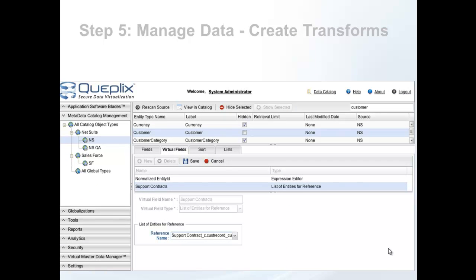Step number 5 is you create the transforms. Okay, in one system it's New York, N-E-W-Y-O-R-K. In another it's N.Y. How am I going to convert that easily and rapidly? And we do this through the power of virtual fields. They don't exist in our system. The data is not there, but the method for transforming the data is there, and it's used if and when you want it to happen.